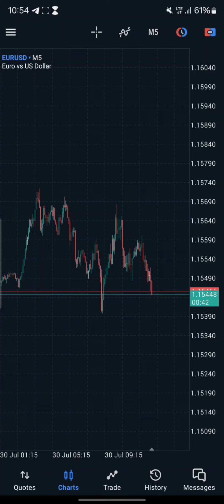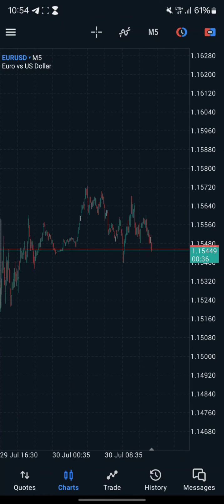This is how you place a trade. There are two ways you can do this on MT5. But before you place any trade, I want you to understand something. There are what we call limit order, market order, and stop order when it comes to placing trades in forex